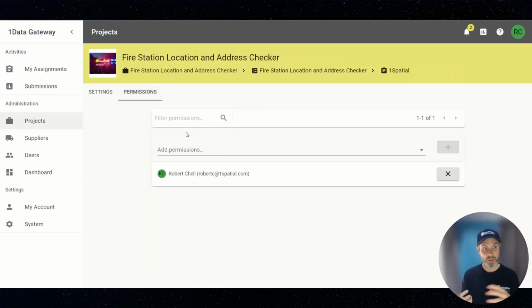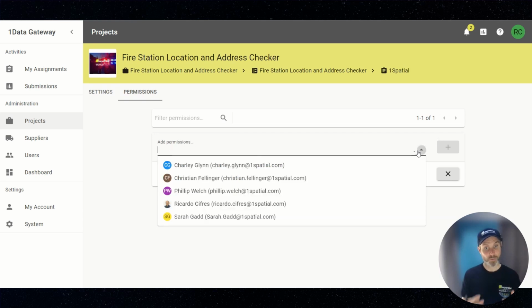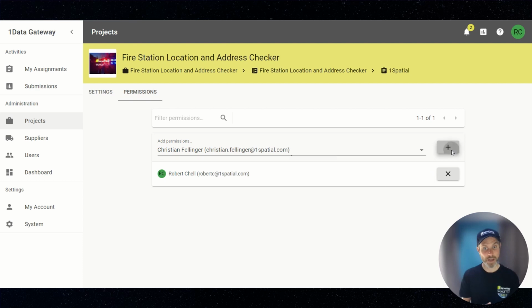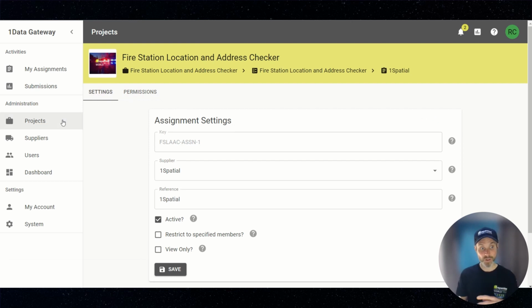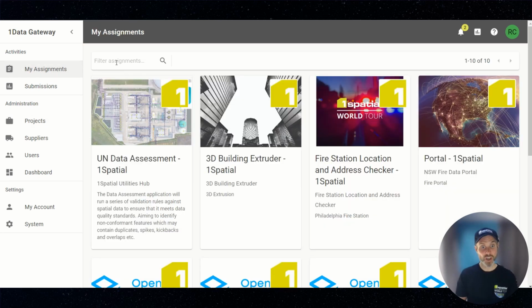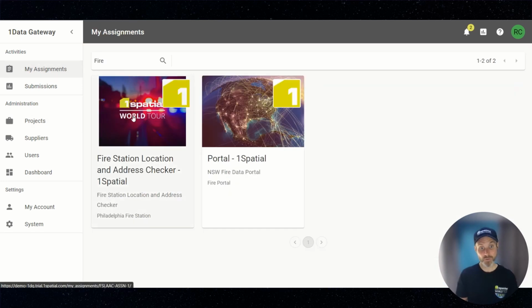So I can say that people who were part of the 1Spatial group, these are the ones who we're actually going to have access to that particular product. So in this scenario, I'm adding Christian to that set. And what that means is that with that one change, if Christian now logged into the One Data Gateway portal, he will actually see a new assignment in his list,